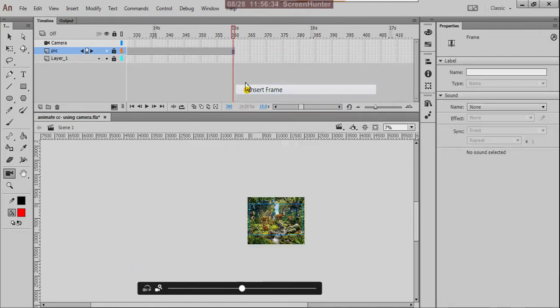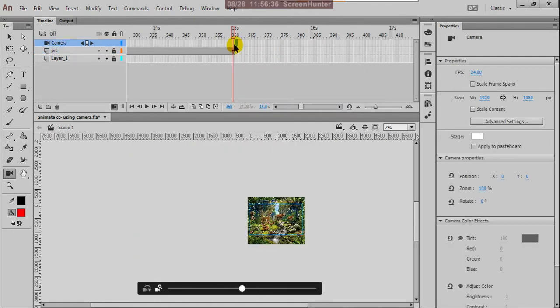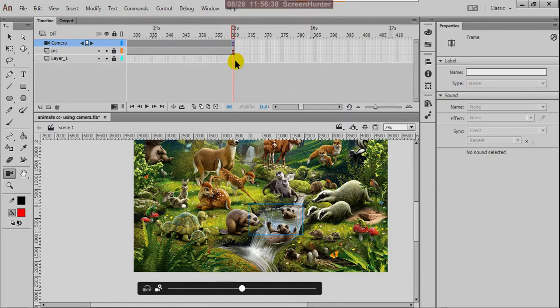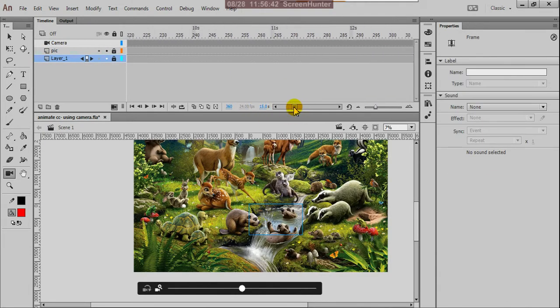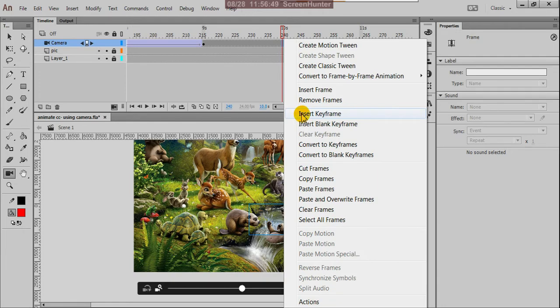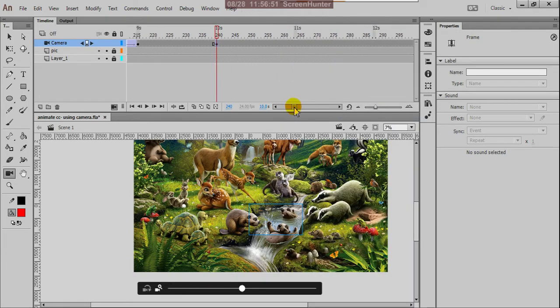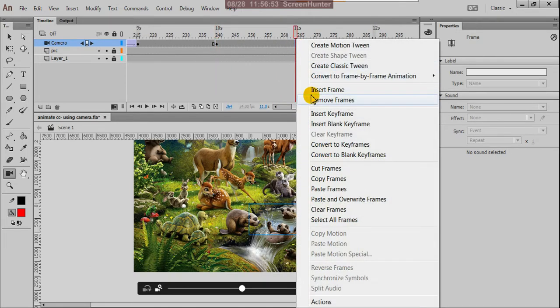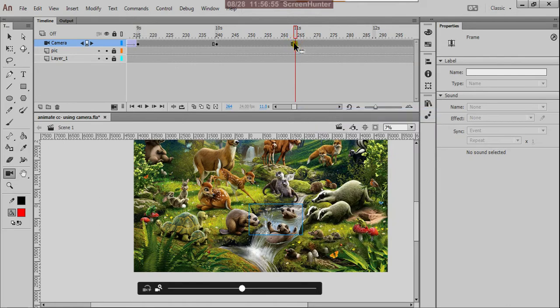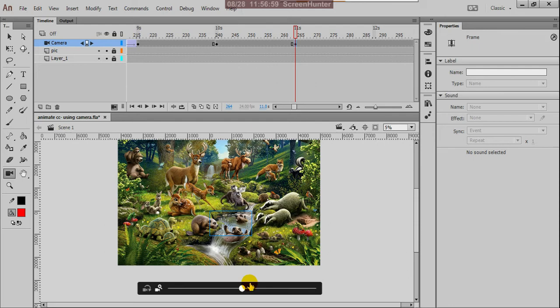So insert keyframe, here also insert keyframe, here also insert keyframe, and here insert keyframe, and here insert keyframe, and here what we are doing,